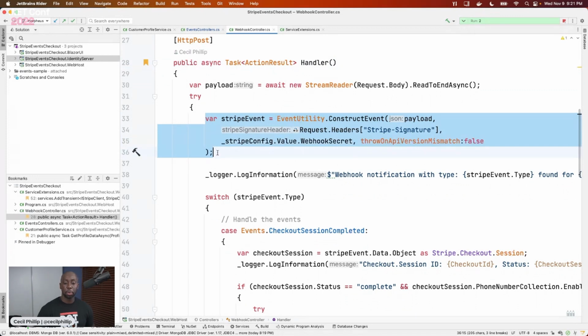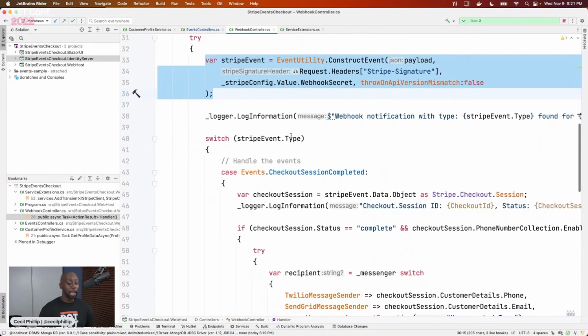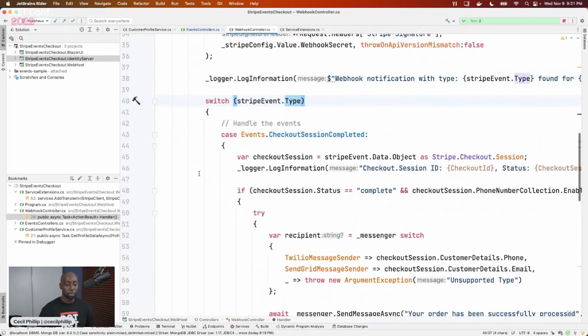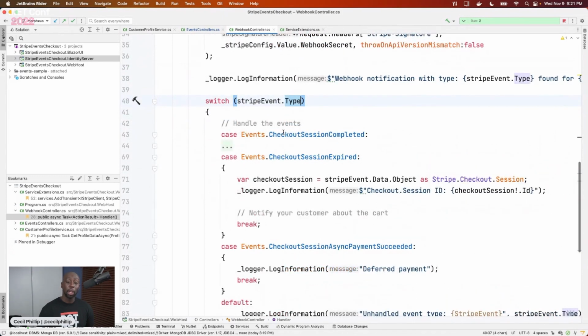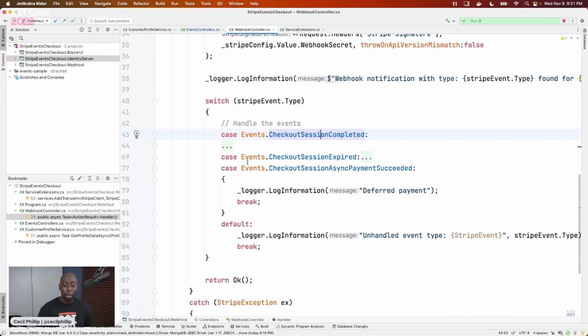This little snippet of code is going to get my webhook secret, which you can get from your Stripe dashboard. I'm saying, hey, I want you to validate this request. Did it actually come from Stripe or not? After I do that, I'm going to look at the type of request it was, and then I'm going to do some stuff. So here you can see, was the checkout session completed? Did the session expire? Was the payment successful or not? Again, you have a lot of different events that you can handle.